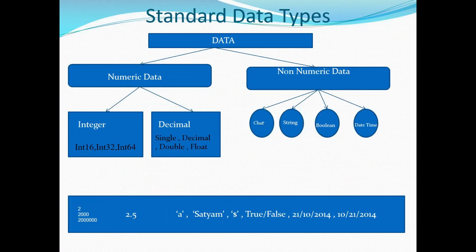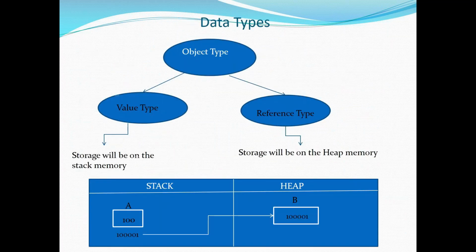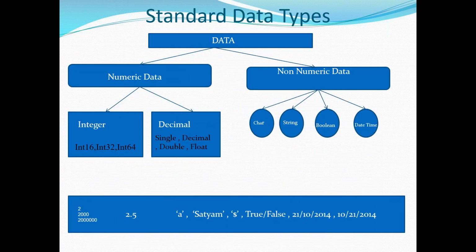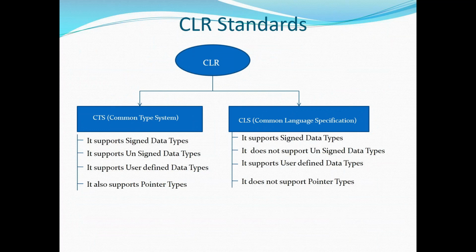Okay, so this is something about your data types. In the next class, we are going to start with a few more basic concepts. There we will see the different input and output statements available in C#, how to implement them, how to write an input statement, how to write an output statement. I think you might have already implemented a few examples in C or C++, right? Do you have any basic knowledge of C and C++?